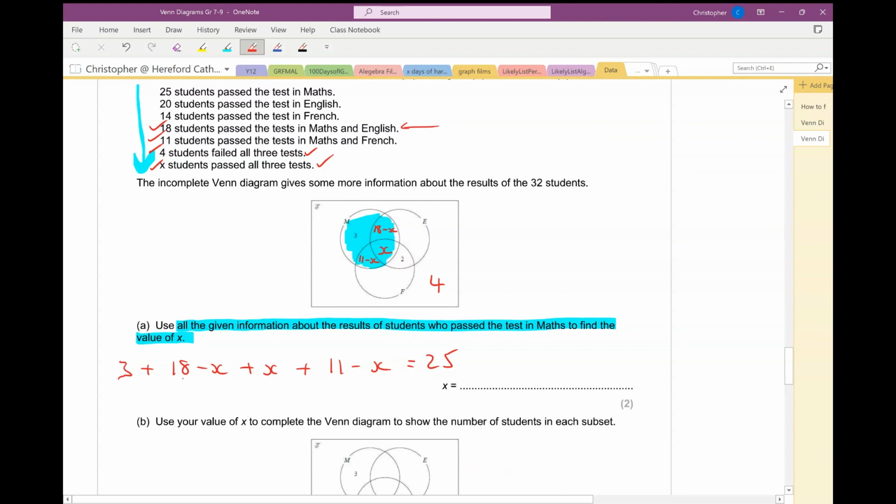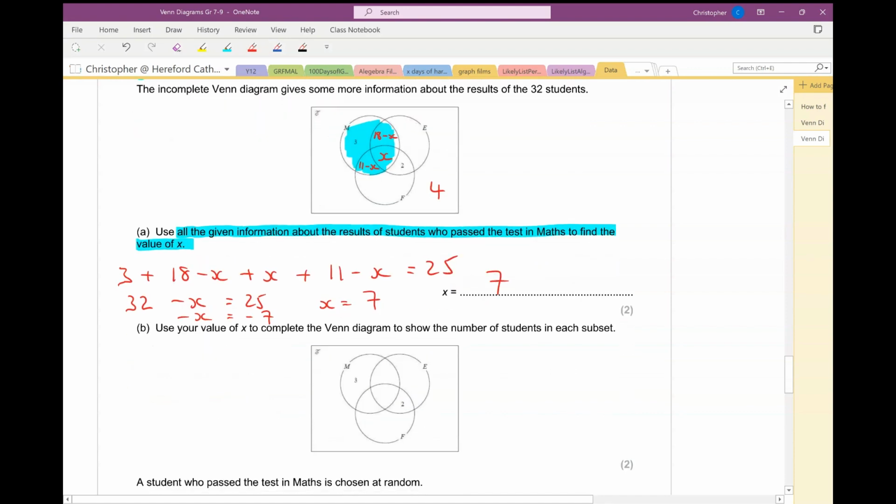3 and 18 is 21, plus the 11 is 32. Minus an x minus an x equals 25. So subtract 32 from both sides. Minus 2x equals minus 7. So x equals 7. Very good. Use your value of x to complete the Venn diagram to show the number of students in each